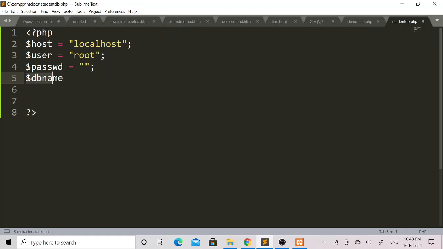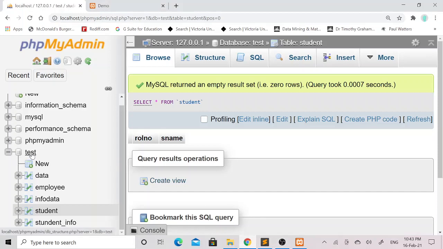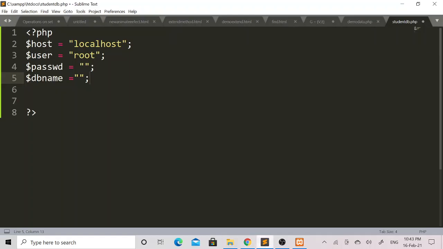So this is the variable $dbname, and here I will set the value of the database to which I am going to connect. As you can see here, I have created a test database in this MySQL database, and my student table is present in this test database. So here I will set the value test.